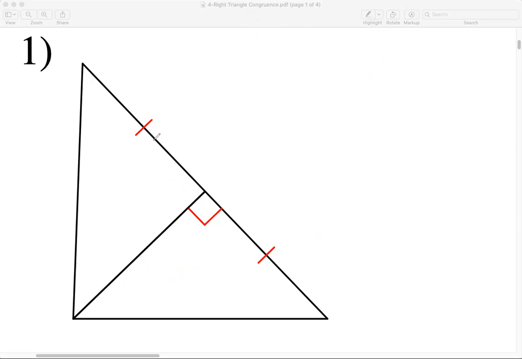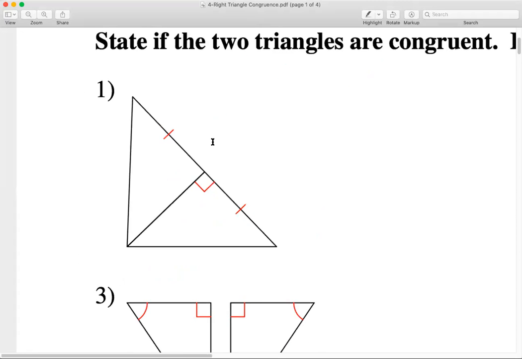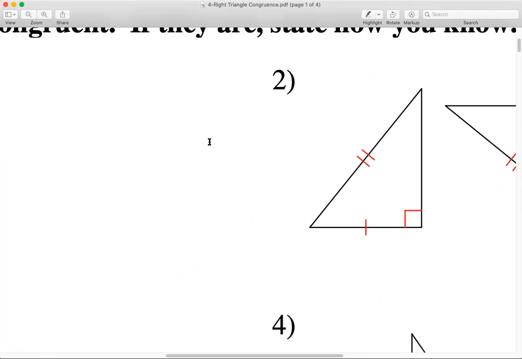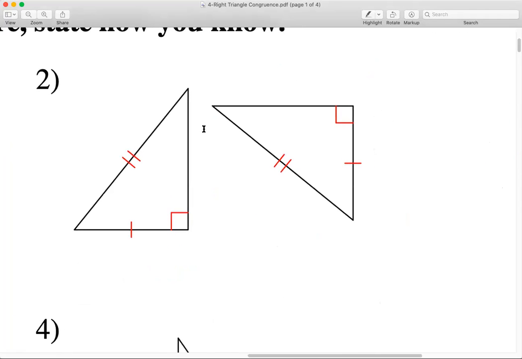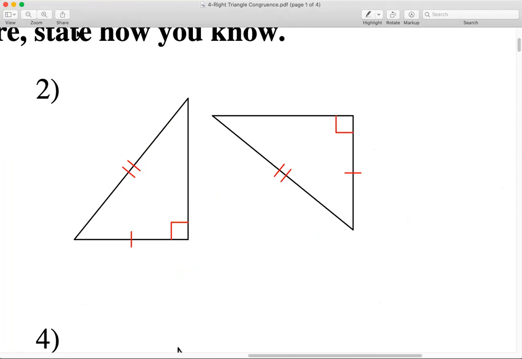And let's have another example here. Let's go to example number 2. Example number 2 is here. Okay, now let's identify if these two triangles are congruent by the 3 theorems of right triangle congruence. So let's check this out. So we have